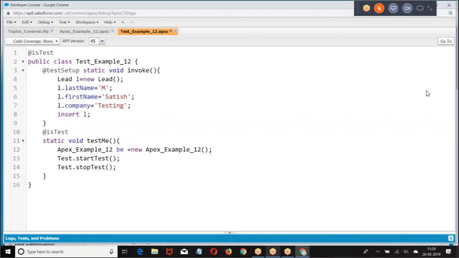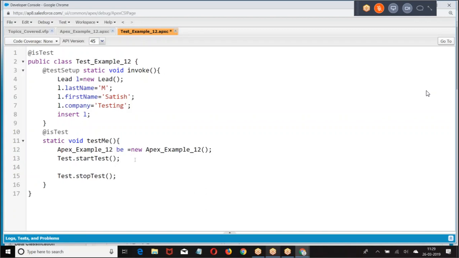I told you already. If there is any possibility of governing limits, and you encounter a 101 governing limit issue, the system will automatically add 100 more SQL queries. If I'm getting a 151, the system will add 150 extra limit. So in case we come across any governing limit issue, the system will automatically add an extra set of governing limit.